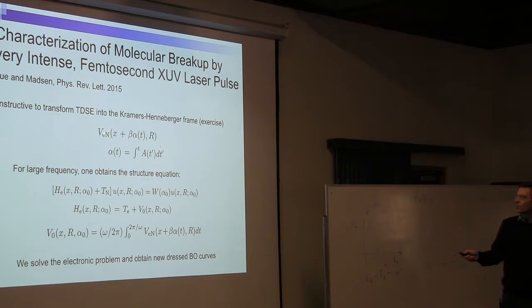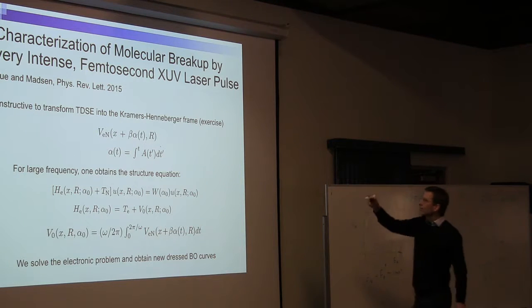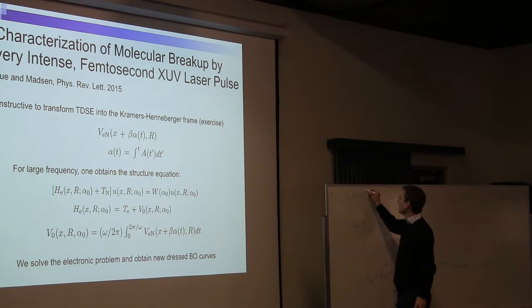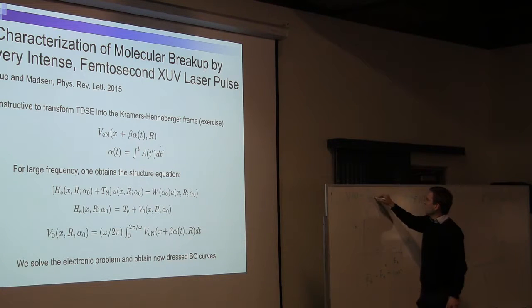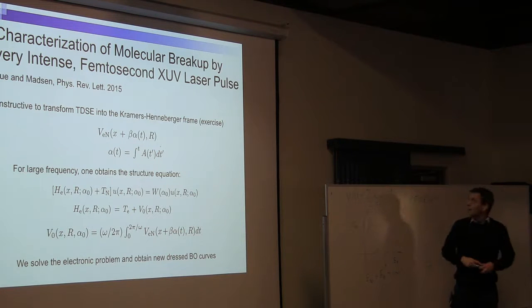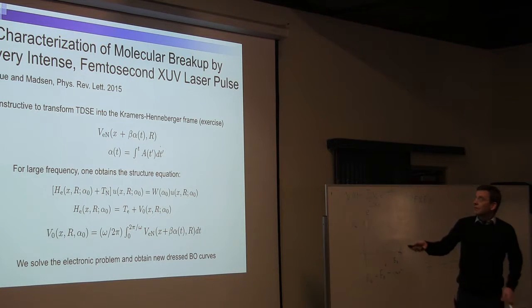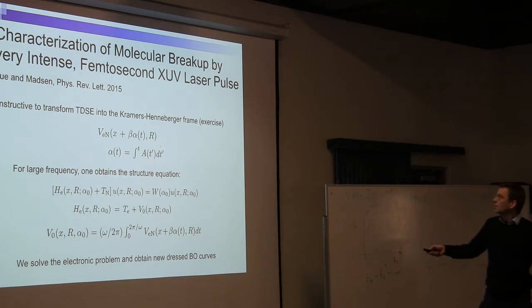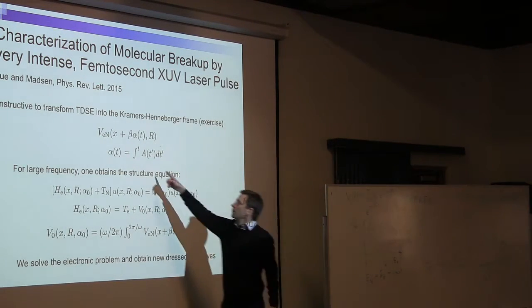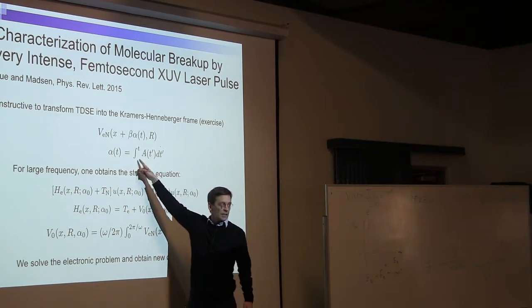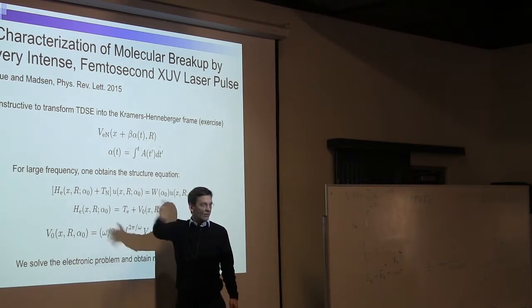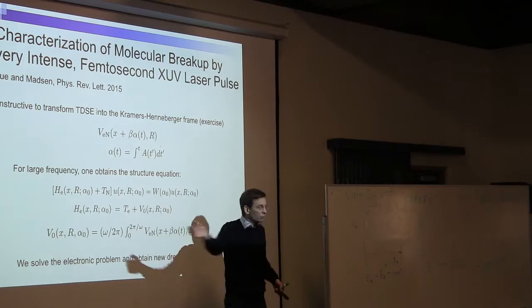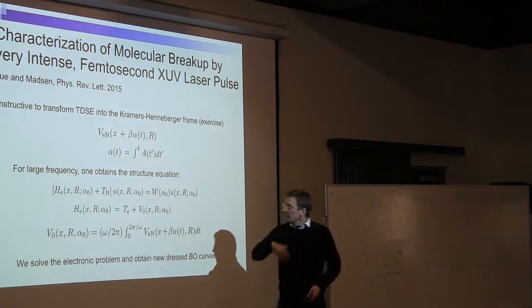And now we have this potential here. And then the final step is to say that, okay, this potential, which is a function of time, I can decompose into Fourier components. Right? And if alpha here is very big, this quiver motion, so maybe I wrote it here, the dimension of this here is momentum. So if I integrate momentum, I get physical displacement. So if alpha here is very big, it goes like this. And then if it goes very, very fast,